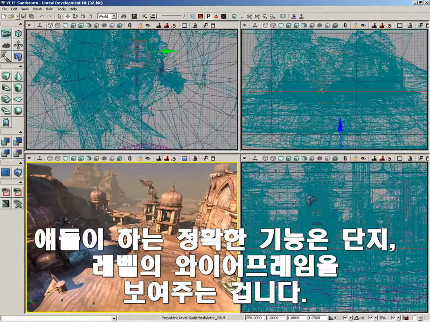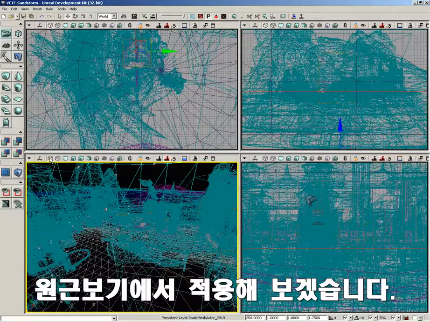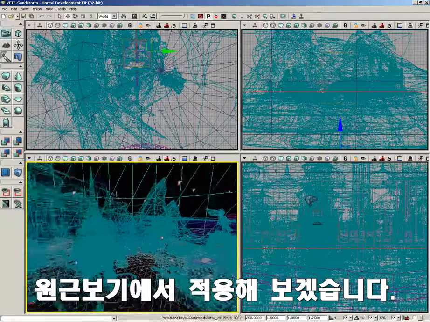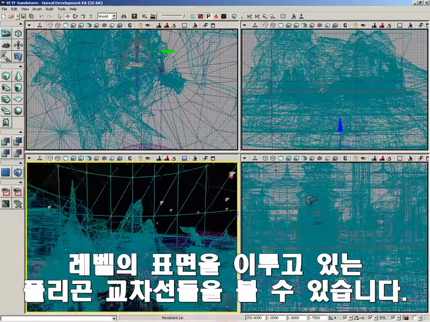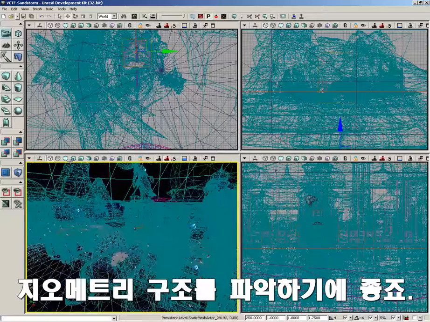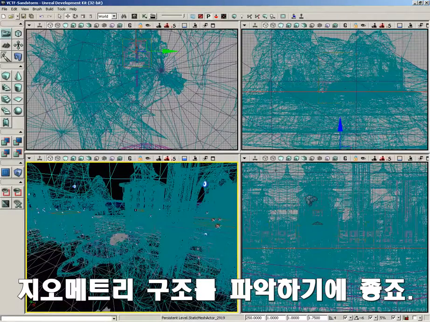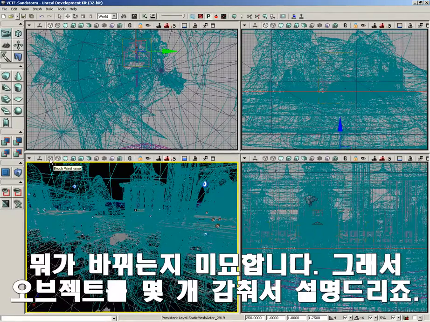Obviously, what these are going to do is just show you the wireframe of your level. So I'm going to go ahead and switch it on here inside perspective. And now we can see the polygon edges that are making up every single surface in our level, which is kind of nice. It allows us to really get an idea of our geometry. However, as I switch back and forth between wireframe and brush wireframe, the change that's going on is subtle,